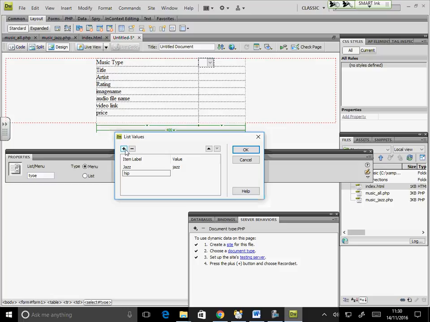Hip hop, hip hop, country, R&B. I don't have R&B anything in my database, and then I have other, and I can just say other. If they can't find it in the list, they can just classify that as other if they want.